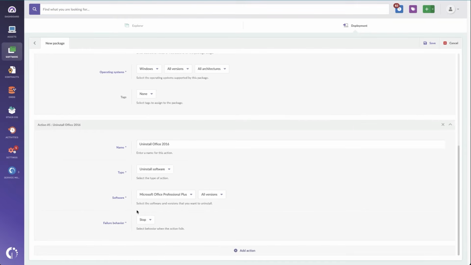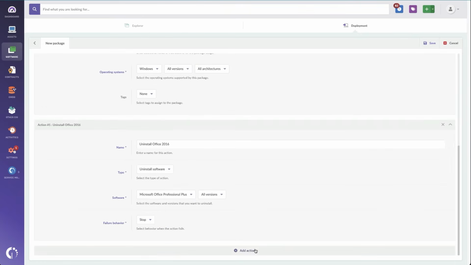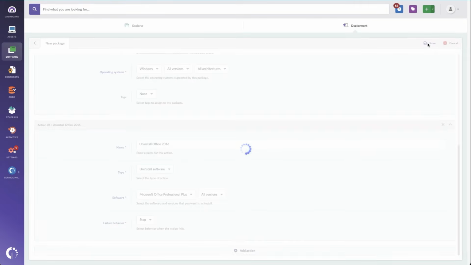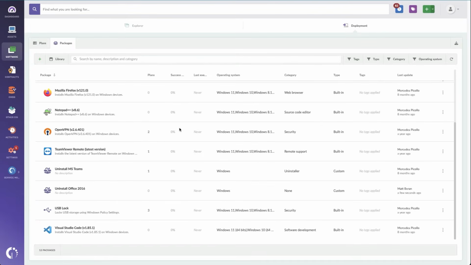And I have some options down here for the failure behavior. I can also add another one. So if I wanted to, I could call this the 2016 and 2019 package, and then add another action here to also uninstall Office 2019. I'm not going to do that here because I'm just doing this for an example. Now I can see in my list of packages here at the bottom, I've got uninstall Office 2016, and now